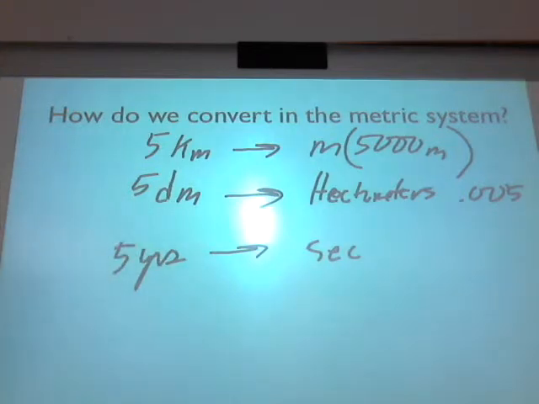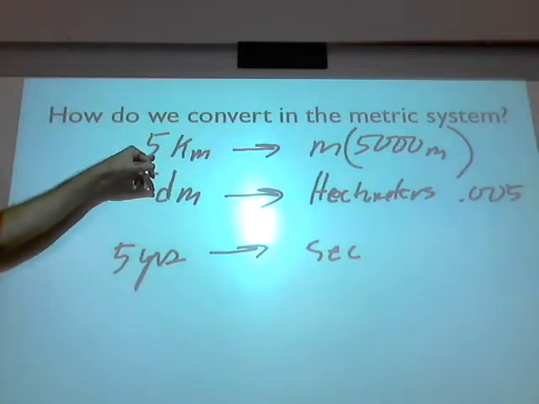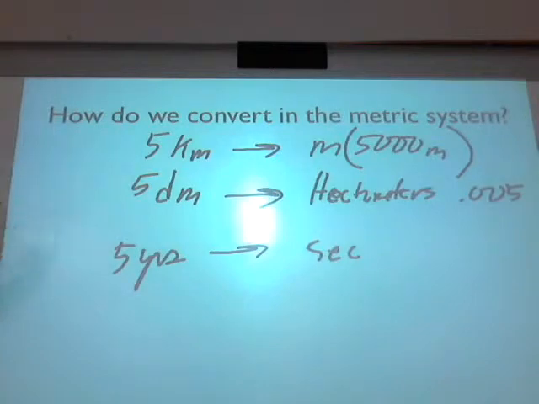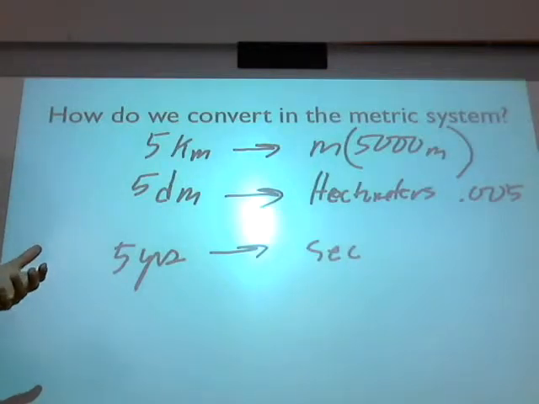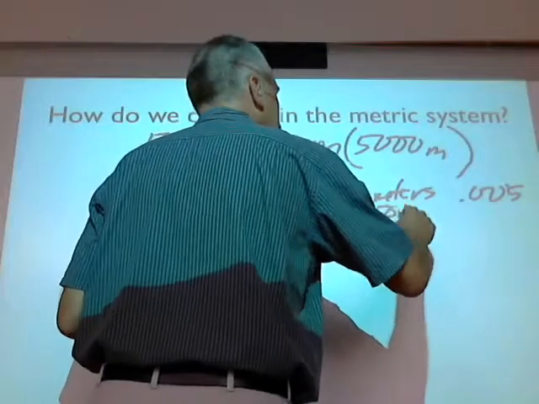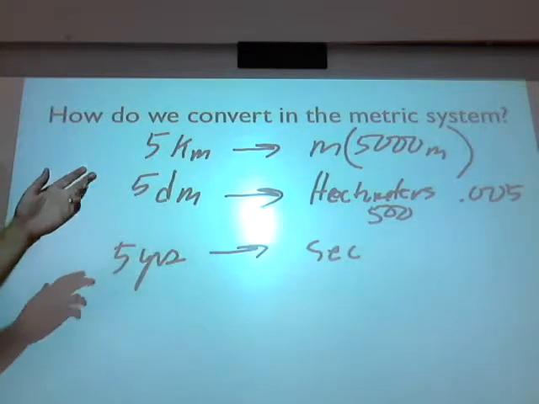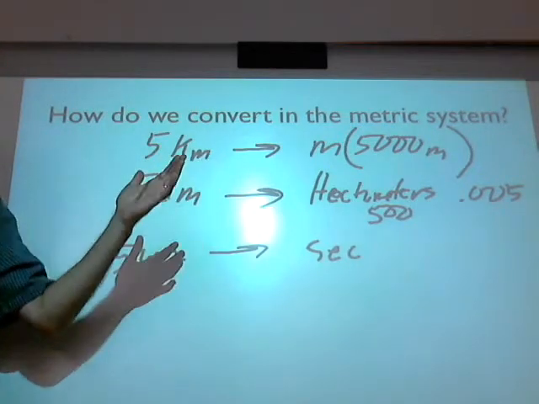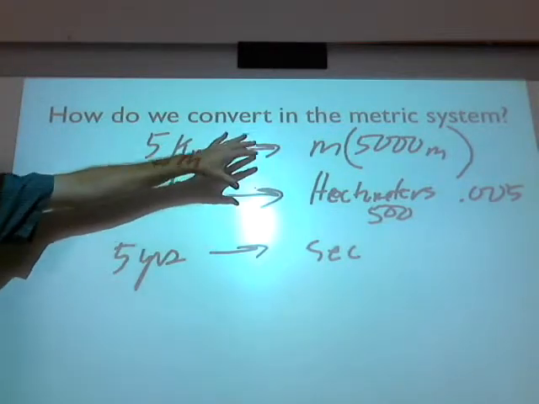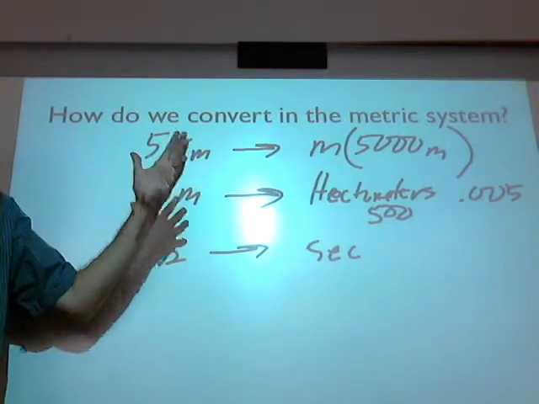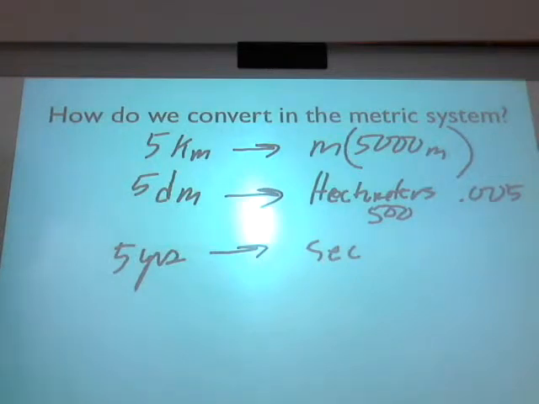Now, let me explain. Your method beforehand works for easy ones, because you're just moving a decimal place, counting spaces, right? But you make 2 mistakes. One is, Spencer did it before, he said 500, I think, a second ago, or 50. You move it the wrong way, or you don't count the right number of spaces. Both of which, if I were to teach this to you, I could show you how to do very easily, very quickly, the way you used to do it, just by counting spaces and moving it the right way. And you get just as many right, but I'm not going to do that.